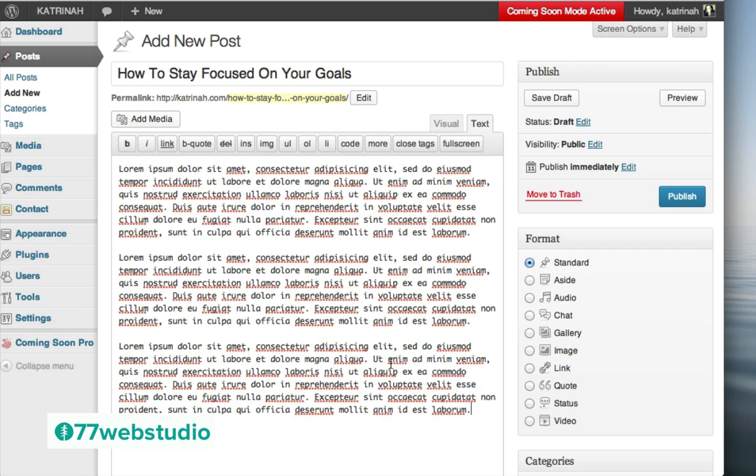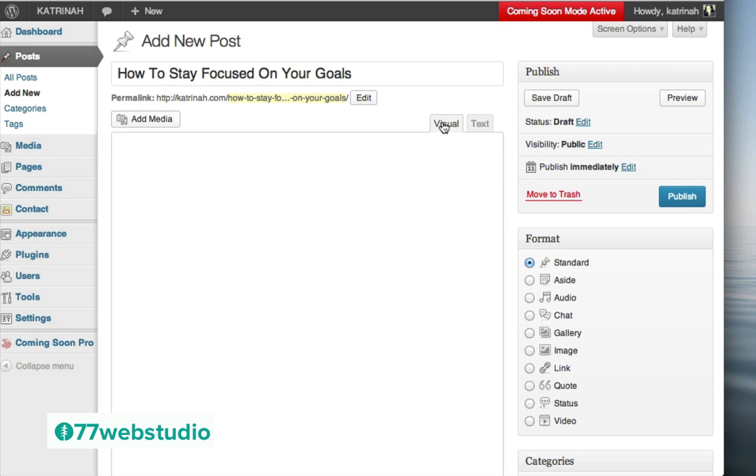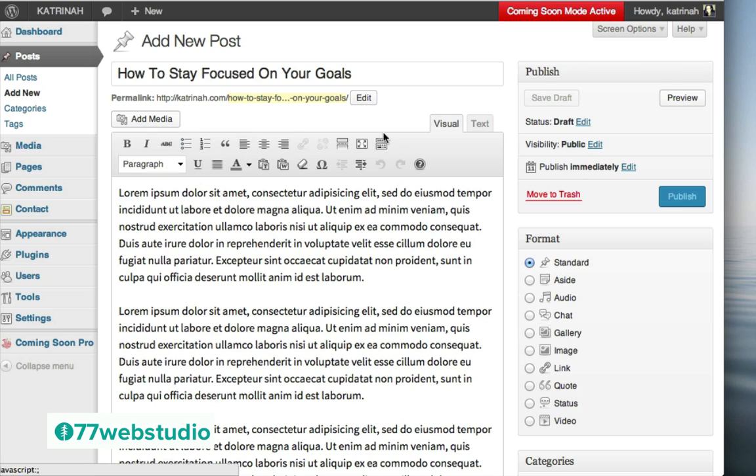If you'd like to format any of the text here, go ahead and click on the visual tab so that you can see all of these different formatting icons. From here, if you'd like to format any of these different text areas, you can do so by highlighting the text, and then just like you would do in an email or word processor, you would simply click on the icons to format this however you'd like to see it formatted. So I'm going to leave it unformatted, so I'm just going to erase it by clicking on this eraser button here that says Remove Formatting.